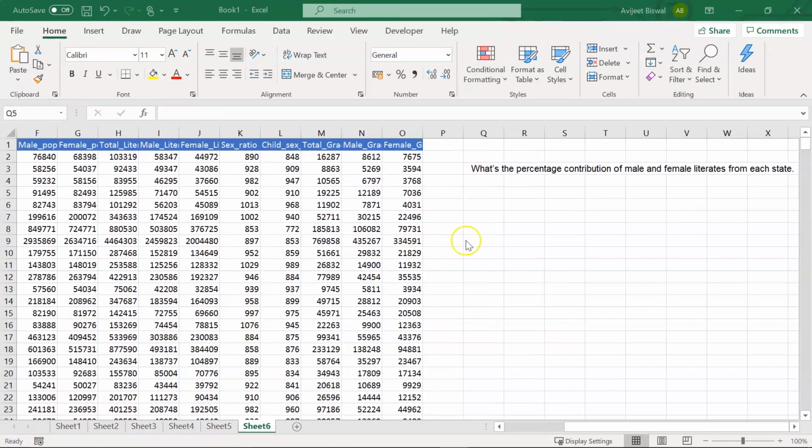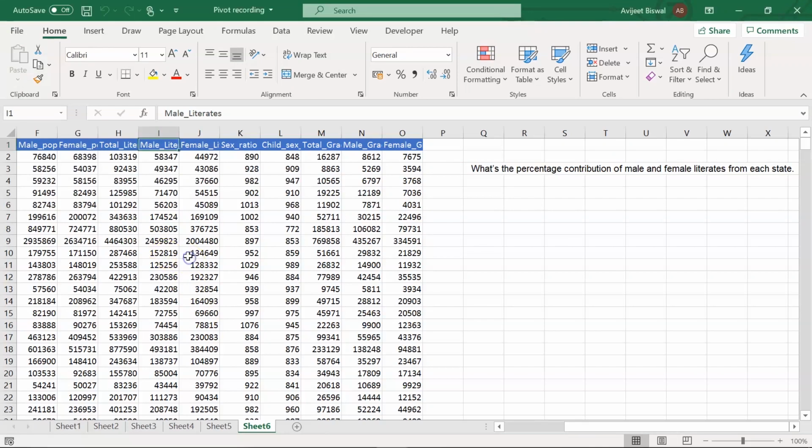Moving ahead, now we will see another very interesting feature of pivot, that is how you can create percentage contribution of a table. For example, we have a question here. What's the percentage contribution of male and female literates from each state? Now we want to see in terms of percentage and not as sum or average.